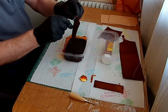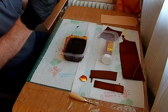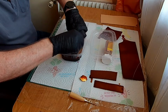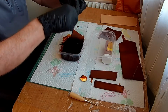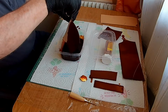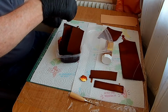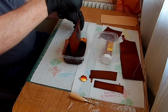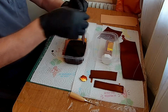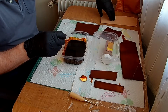So just pull that out, put it down. The next one. You do need gloves, by the way. I don't care what anybody says, you do need gloves. That's probably not the most intelligent thing I did so far. I should have actually, and I think you need something to push your piece of leather or whatever it is down into the dye. You do need something to help it go down into the dye, and I do recommend that you have sufficient hooks and not do a reuse like I'm doing here,